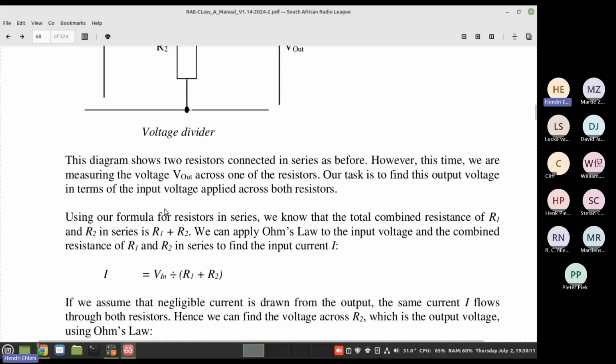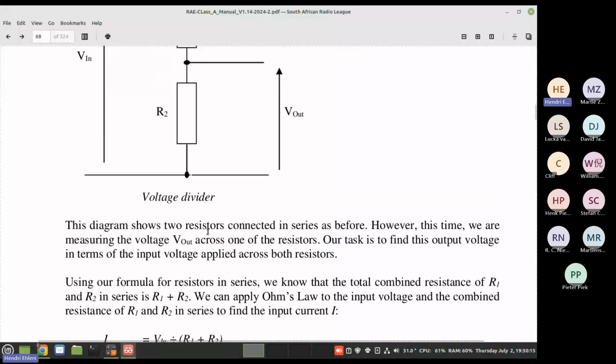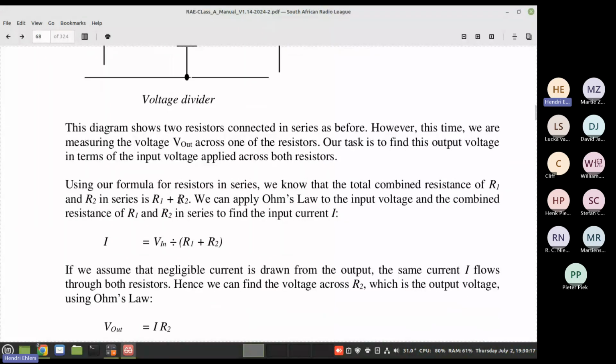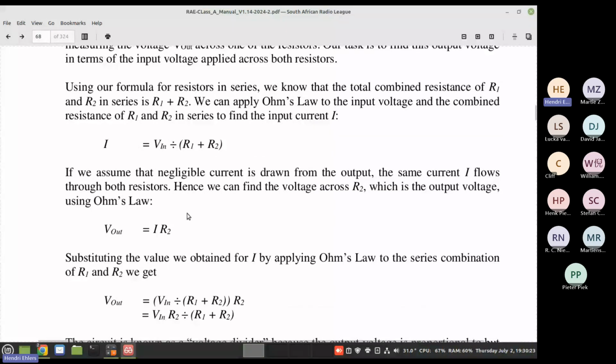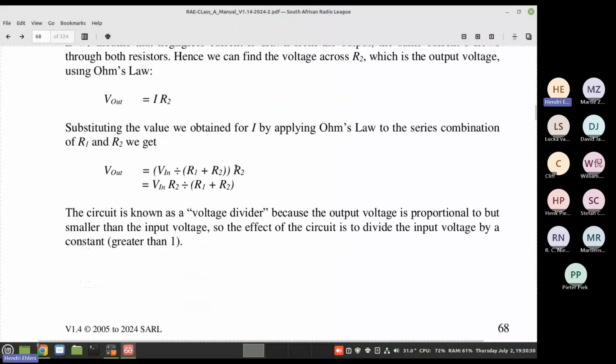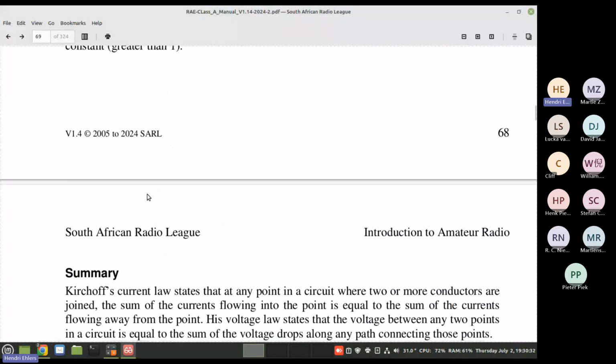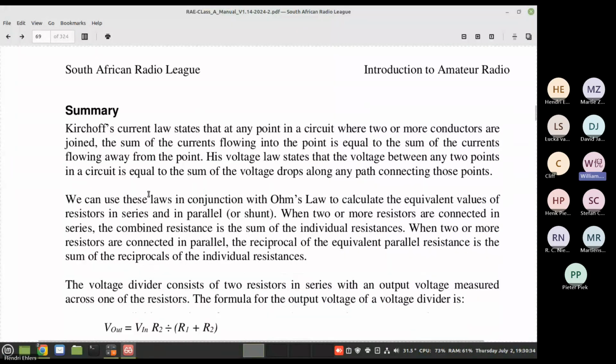And here they basically explain it, and here's a calculation where you can calculate the value of the voltage you will get in the voltage divider. But they didn't give us any figures there, so we can't actually do a calculation. We can just look at the formulas.